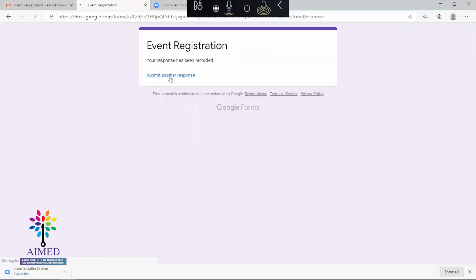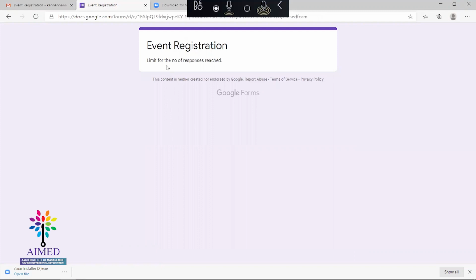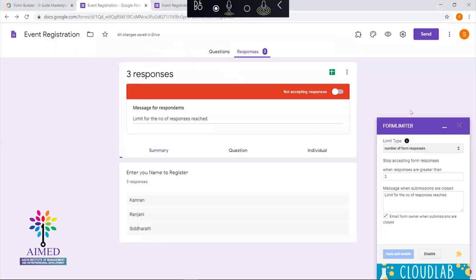Let's check. If I try to register, I'm not getting that form, I'm getting the message: limit for the number of responses reached. So it means the registration has been restricted based on the number of responses. So this is how the form limiter works.